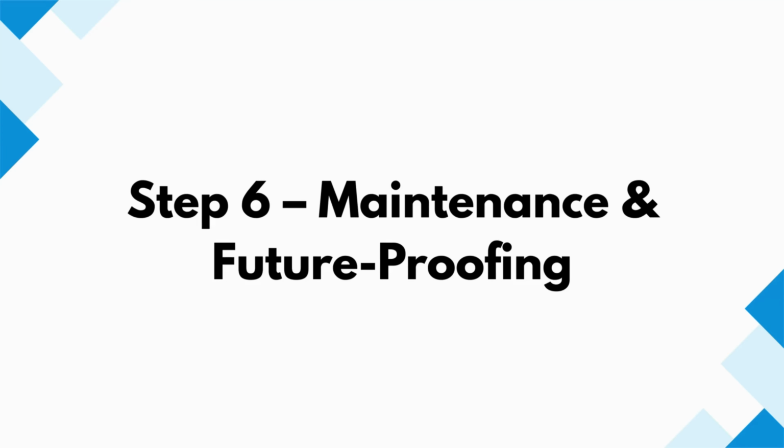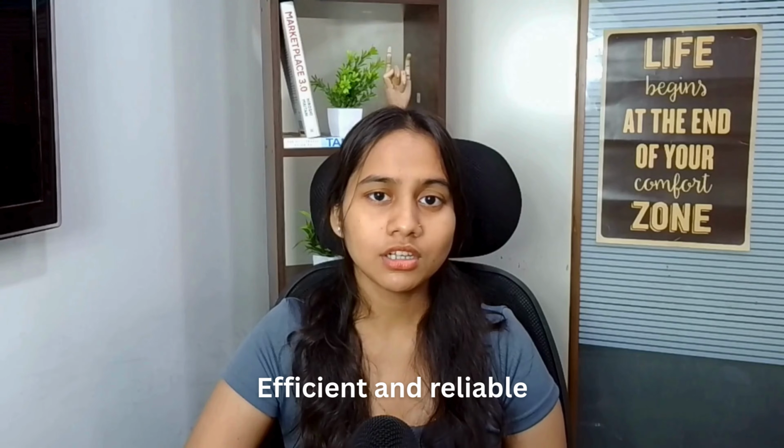Step 6. Maintenance and future proofing. Finally, we keep in mind that the website evolves. So while we select sections, they must be future proof. For Fafadia Tech, this means leaving space for new service offerings, for example, new technology stack, etc. Ensuring the service section can grow, blog posts, etc. Keeping the navigation flexible so we can add new industries or case studies without breaking structure. We also build the site so that updating or adding sections is simple, because brands grow and web content must grow with them. By designing with the future in mind, we make sure that the site remains efficient and reliable, just like Fafadia Tech's